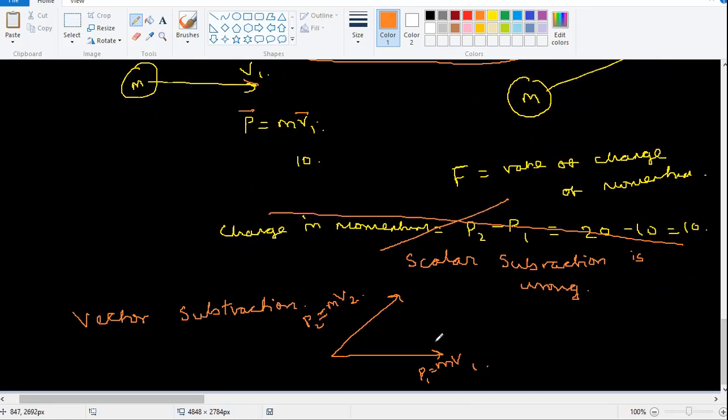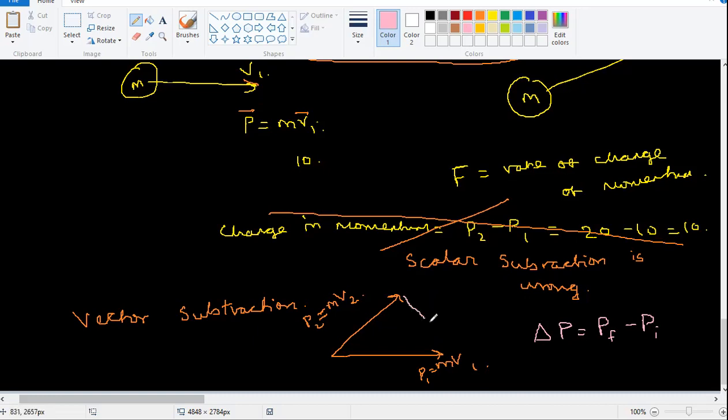So you know that subtraction, is it P1 minus P2 or P2 minus P1? Anybody? Final minus initial or initial minus final? Final minus initial. Yeah, so it's always final minus initial. But in relative velocity concept, we will be taking it the other way around. So don't get confused with that.